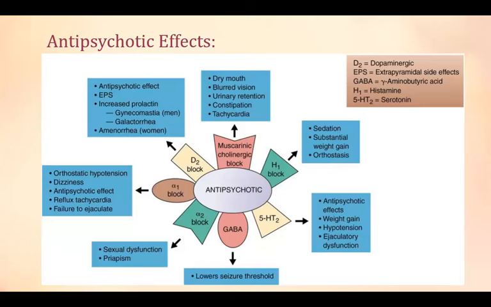Again, I think I already referred you to watch the videos that are posted on Blackboard that show you actual people displaying these side effects so that you can visualize what that looks like. So again, please watch those. Cogentin is a drug, and Benadryl is another drug, that can be used to treat all of the other extrapyramidal symptoms and help them go away, but not the tardive dyskinesia.